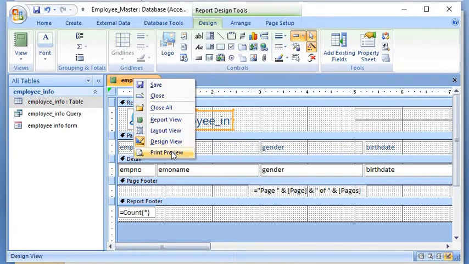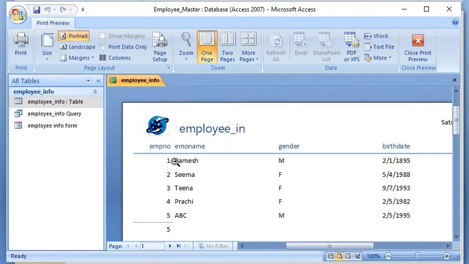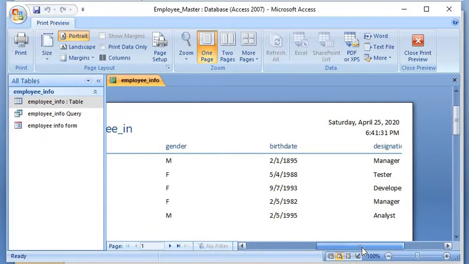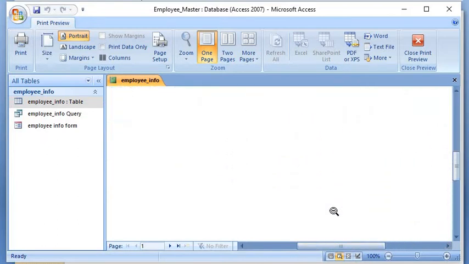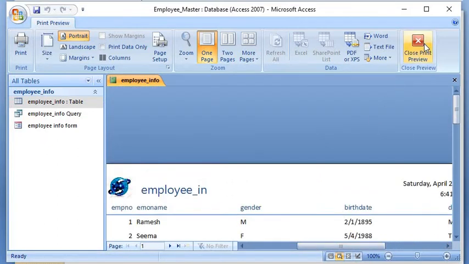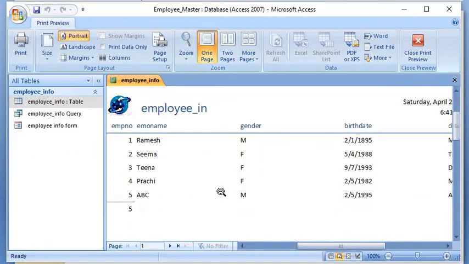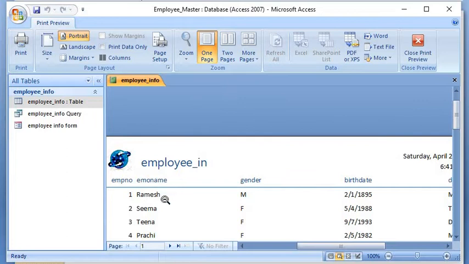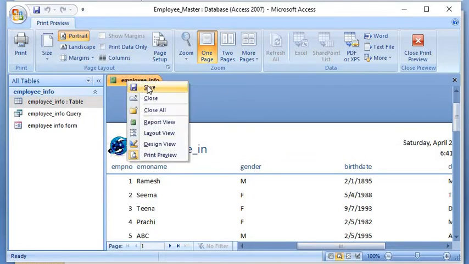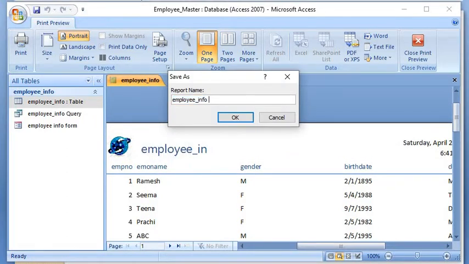Again in the print view, you will see how your report will be printed on paper. This is a preview, page 1, page 2. So this is how the report works using the report button.